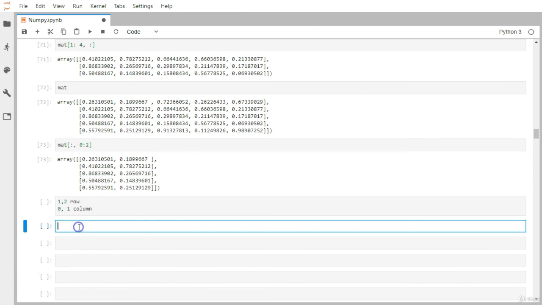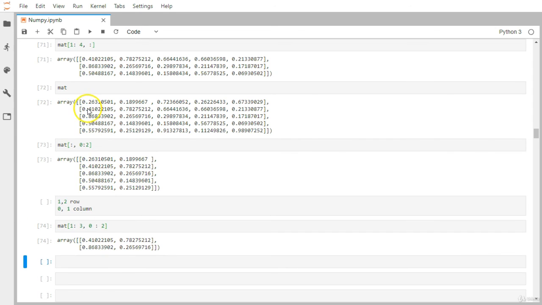Now let's put it into bracket notation. So first we have to put the row. From 1 to we have to keep it 3, because 2 also we want to include. And then for the column from 0 to let's say 2, because 0 and 1. So you can see 0.41 and 78, 0.86 and 0.26.